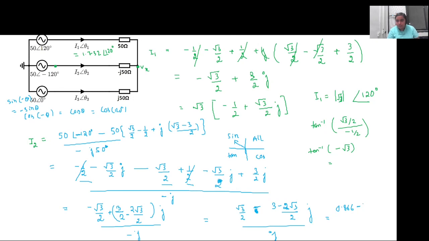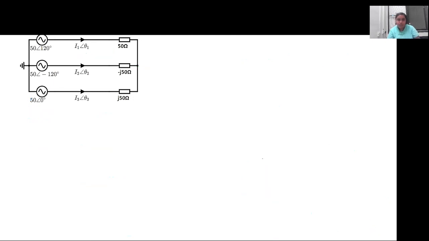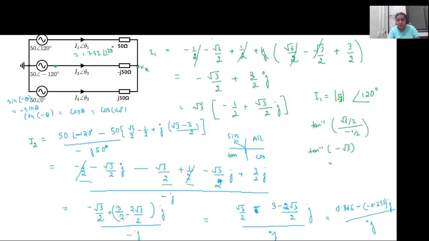Since one of you has completed, we'll just solve this one. So it is 3 minus 2 root 3 by 2. This comes out to be minus 0.232j by j. So it is basically I2 is 0.866 plus, this minus and minus will become plus, 0.232